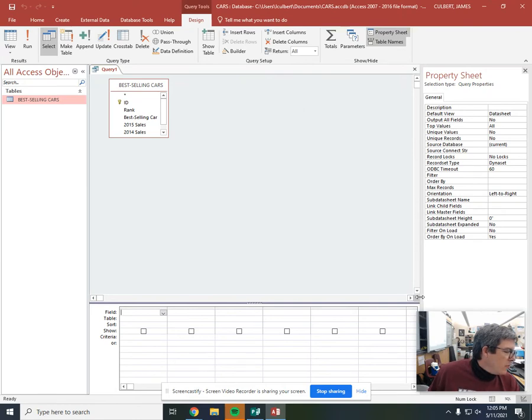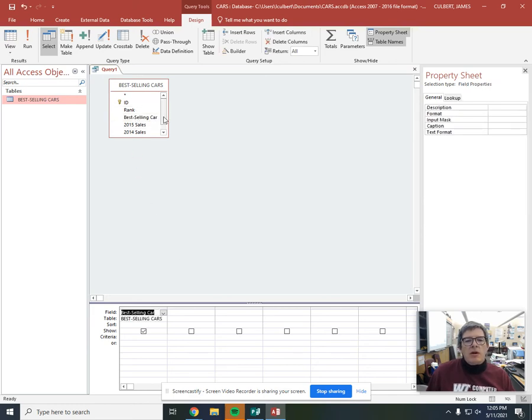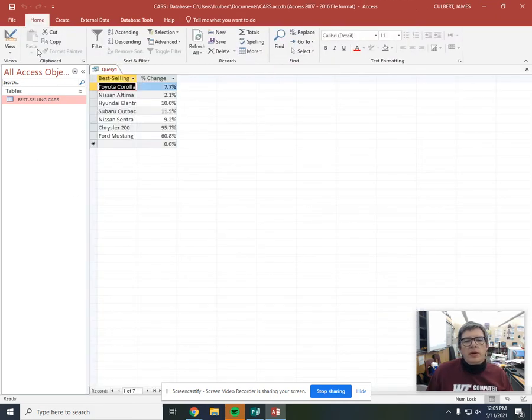And the fields that they want, it wants cars and then a percent change greater than 0. So say best-selling car and percent change greater than 0. So our criteria is greater than 0. So just like that, hit run. And these are the cars that had a